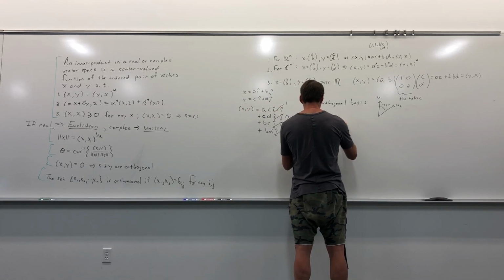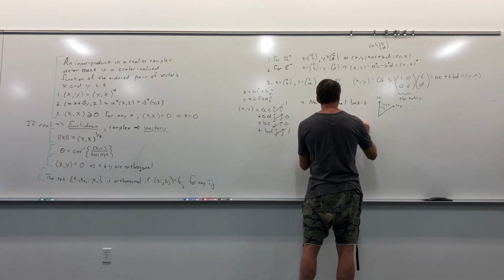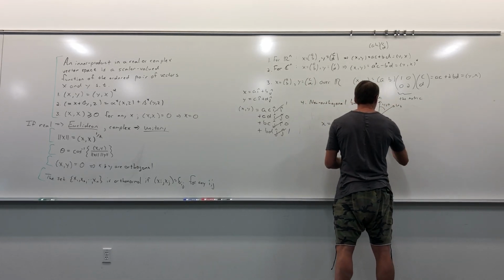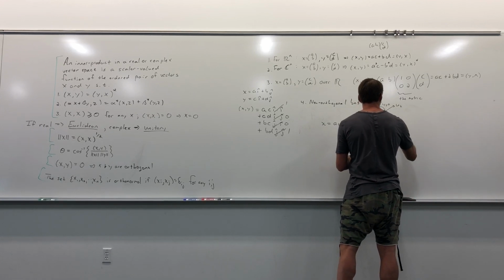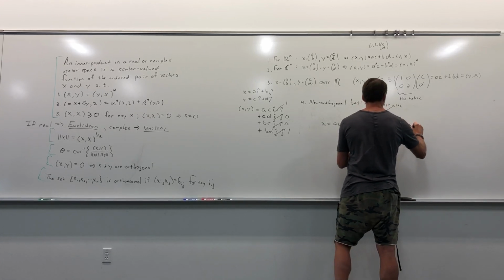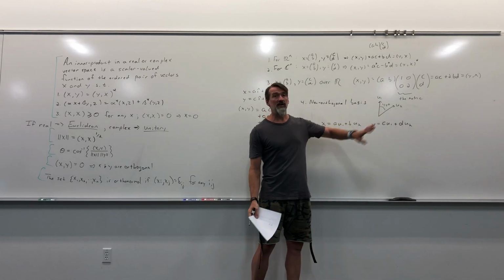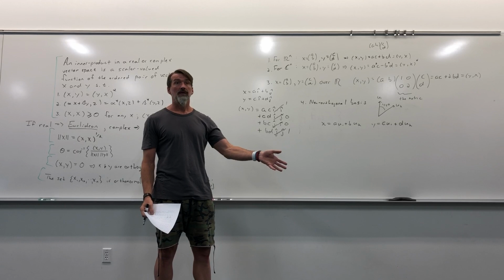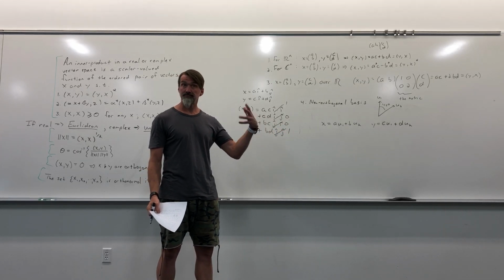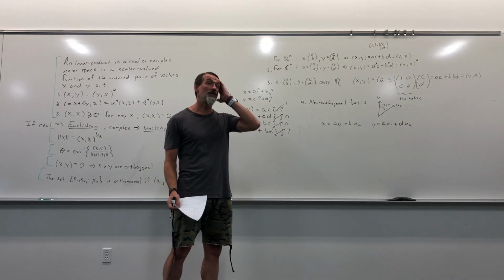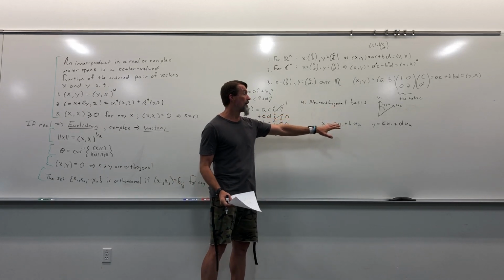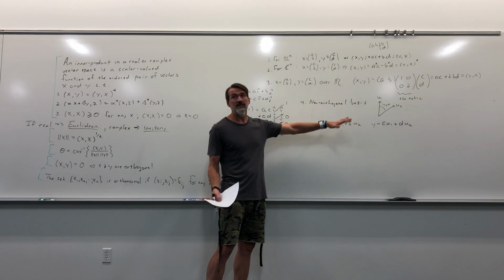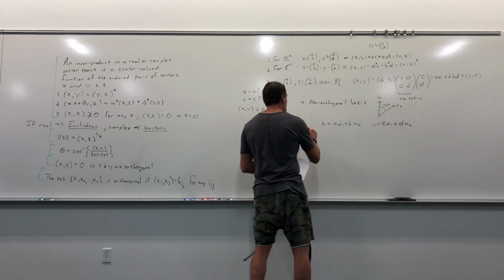So if x is A u1 plus B u2, and y is C u1 plus D u2, remember this is a linearly independent set, so you can take any vector and uniquely decompose it into a linear combination of this basis. Even though it's not orthogonal, you can do it because it's linearly independent. So here might be the two vectors, which are written as linear combinations of that basis. But now,